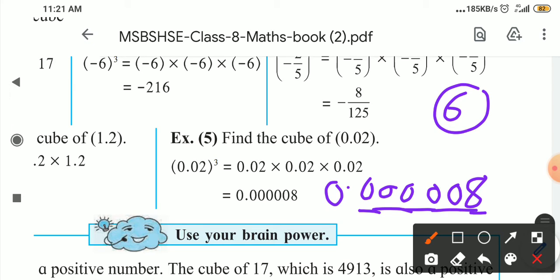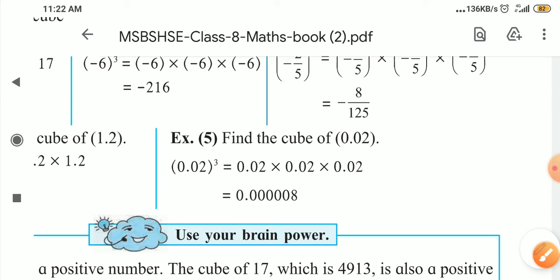Clear? It means if the number of digits is less than the decimal places in the multiplication, then we have to give our own zeros in front of that number, meaning towards the left of the number, the left of the 8. There you have to give as many zeros as required, but don't forget that 8 is also one of the digits. So we count 8 as 1 and then give 5 zeros. Then you will get 0.000008. Understand how to give the decimal point?